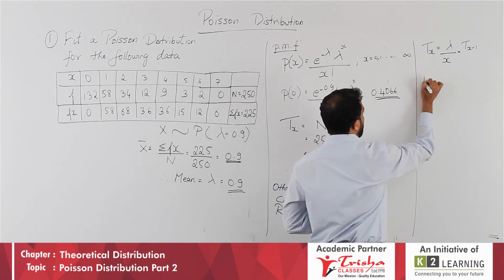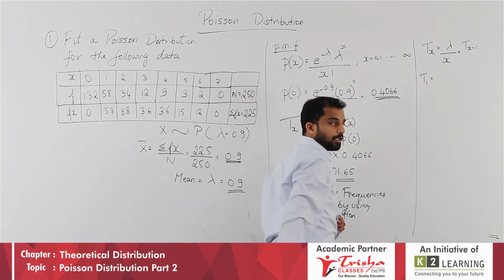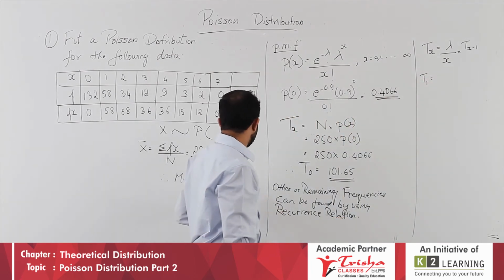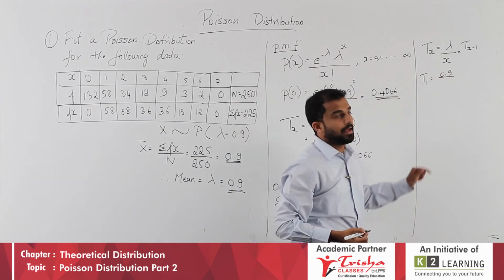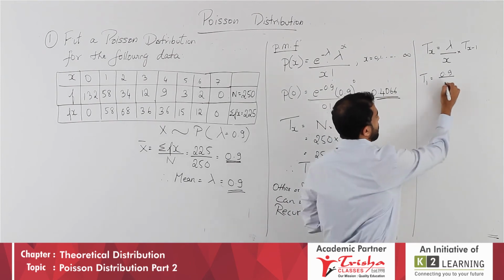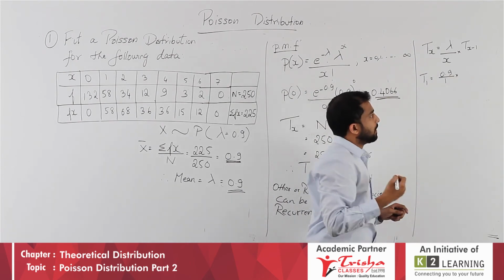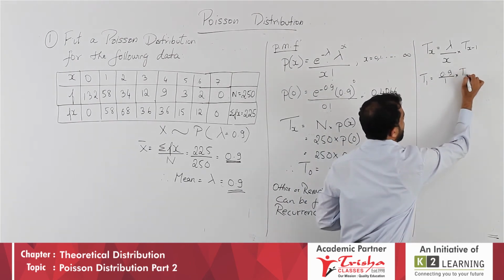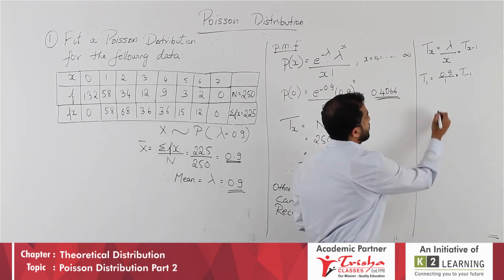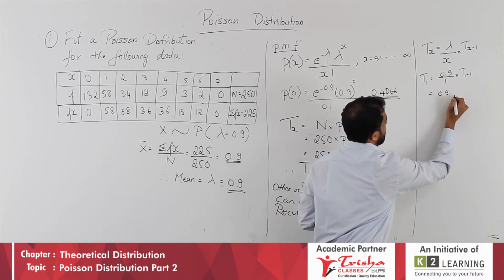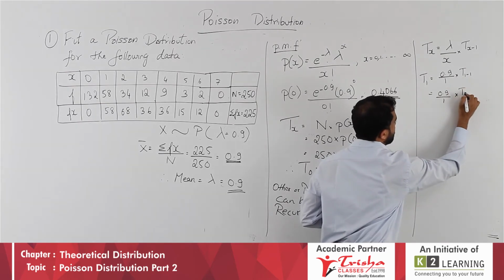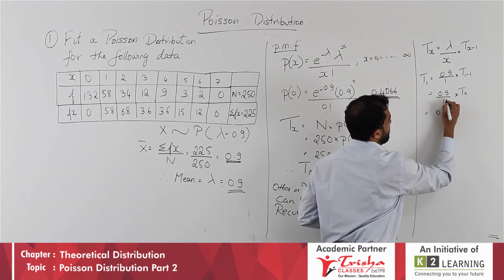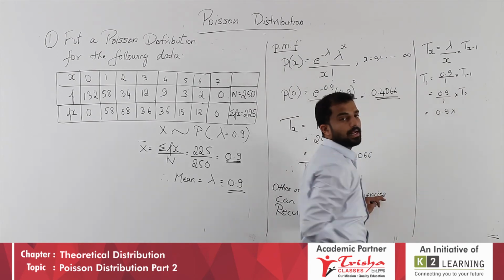So we will find out T1 is equal to lambda, we have found out 0.9, divided by x is 1, into T of 1 minus 1, that is T0. 0.9 by 1 is 0.9 into